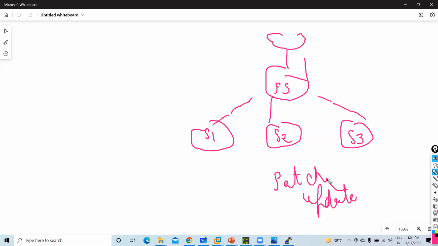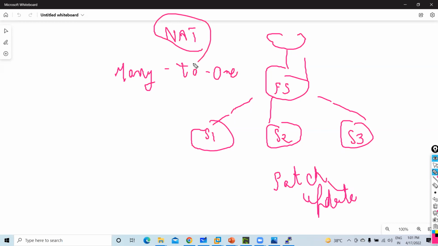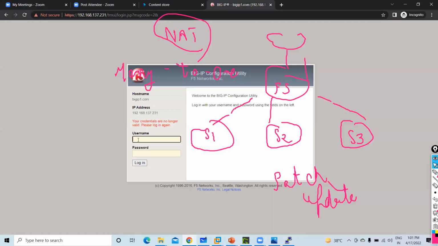Let's say this server wants to take some patching updates from the internet. So how will it take them? You need to have a many-to-one translation. By default, F5 only performs one-to-one NAT. So let me show you practically. When you go to F5, guys, when you click login, admin,